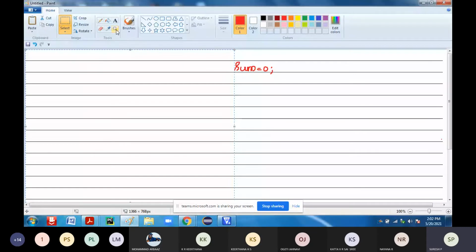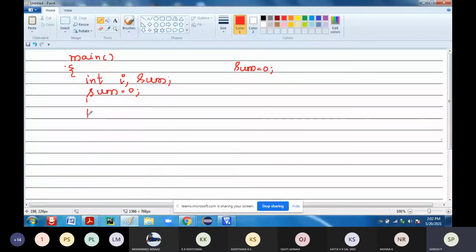First you will write the main program. After main, you are going to initialize the variables i and sum. I'm initializing my initial sum to be 0. Now I'm going to initialize the value of i directly inside the for loop.